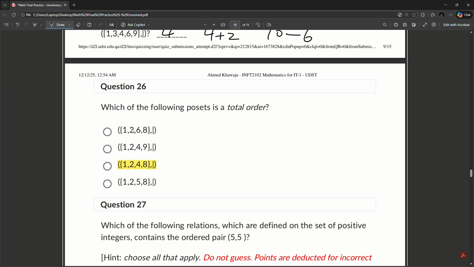2 will go into 6 and 8. 6 will not go into 8. 1 will go into 2, 4, 9. 2 will go into 4, but not 9. 4 will not go into 9. 1 will go into 2, will go into